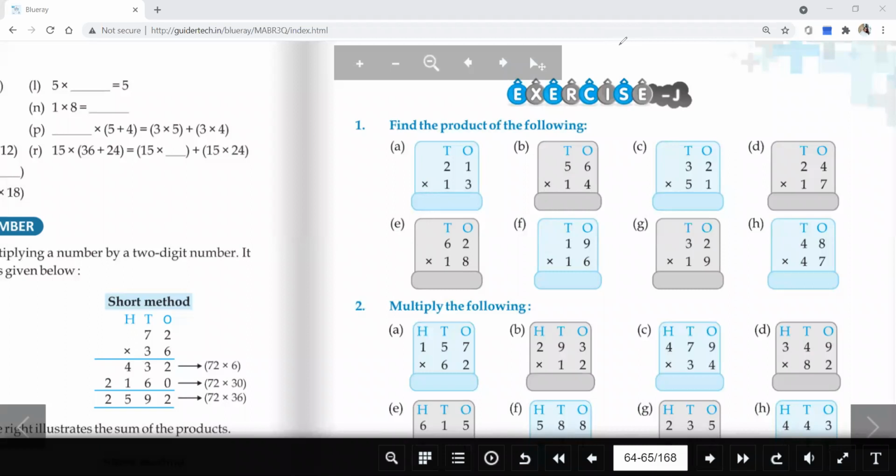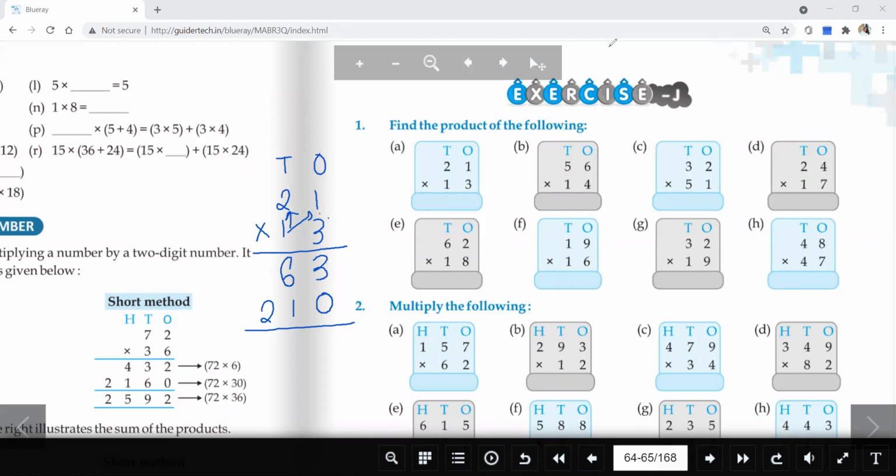First multiplication I'm showing, 1a. We need to write the multiplication as it is, and you need to do this in the copy, not in your book. Though I hope everyone can remember the 13 table, first we will multiply with 3. With 3 it will come as 63. Now here we will put 0. Now with 1 we will multiply this and this, that means 21. 0 we will write.